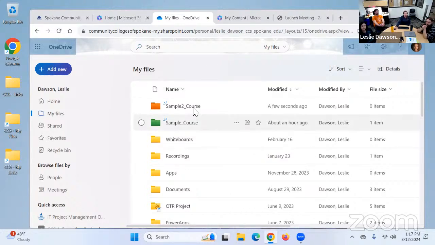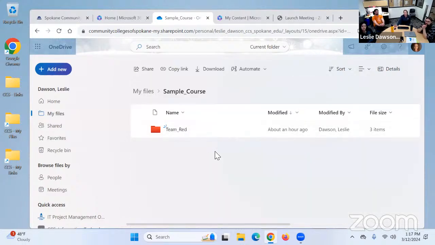So now I'm going to jump into my sample course here. Obviously, this is all of the things, so this is probably a folder that I only want to have access to. Okay. Maybe if I'm co-teaching, I would share this folder with others. But generally, when I talk about OneDrive, you're thinking of one person accessing, unless we're going into a collaborative environment. I'm going to open my sample course here, and you'll see that at this level,